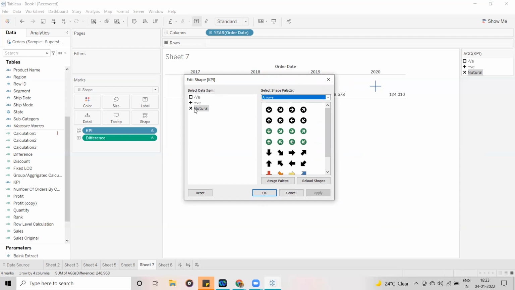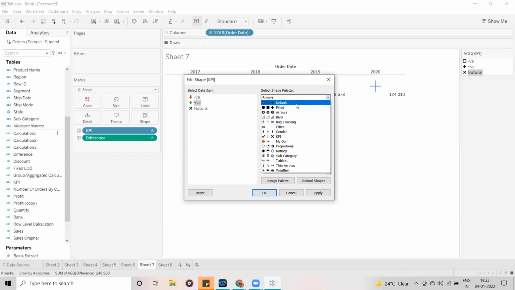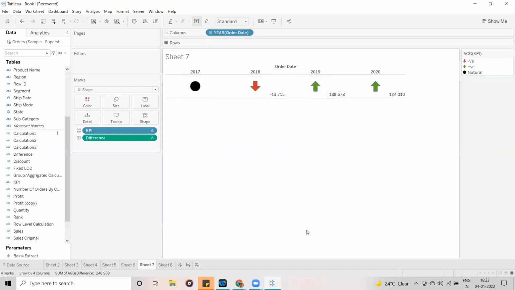Now guys, neutral I am leaving as it is for now. Negative means, as I said, the drop down, and for positive you have to first select the data item on the left side, then click on this arrow. After that, I want to apply a different symbol for neutral, so I will keep this one, or red, or some black one. So neutral, I am going to keep this one. Just click on apply. Now you can see, guys, I am going to remove the labels. Now is this giving KPIs, guys? How it is performing, without showing the actual values.